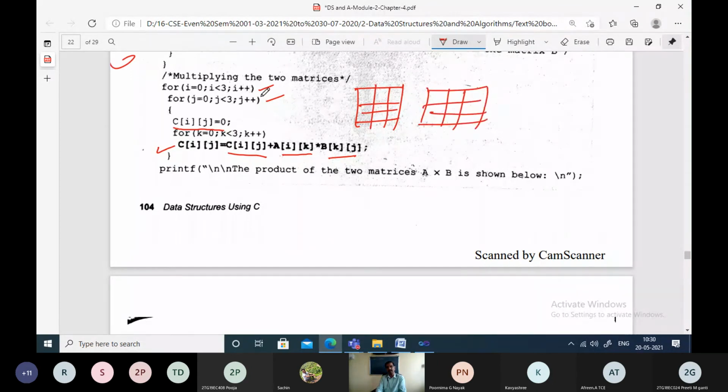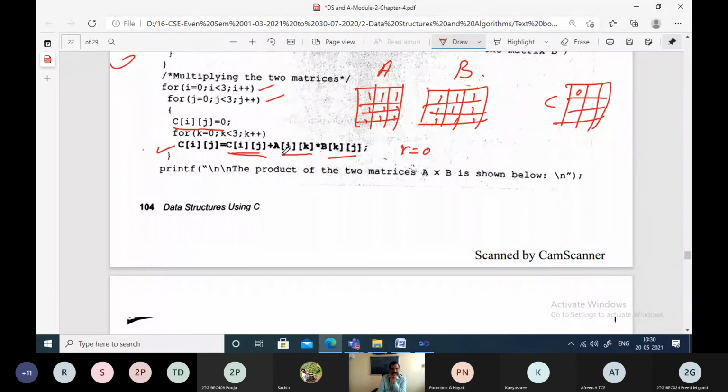That is, assume some matrix A and assume some matrix B, and this is the resultant matrix C. That means 1 1 1 1 1 1 1 1 1. Everywhere if you assume some numbers, then we'll get the resultant value. So C of ij is equal to 0. It is being assumed here. I'll iterate one example and show you how it works. K is equal to 0. Start from K is equal to 0.